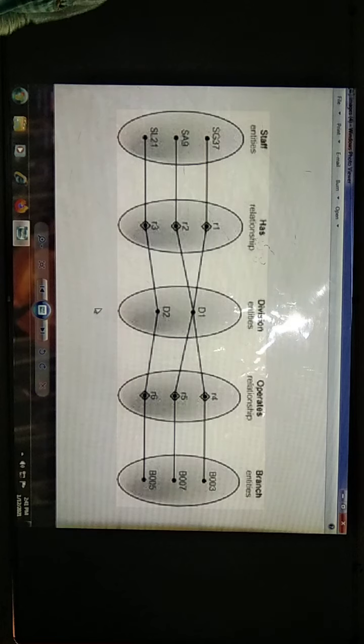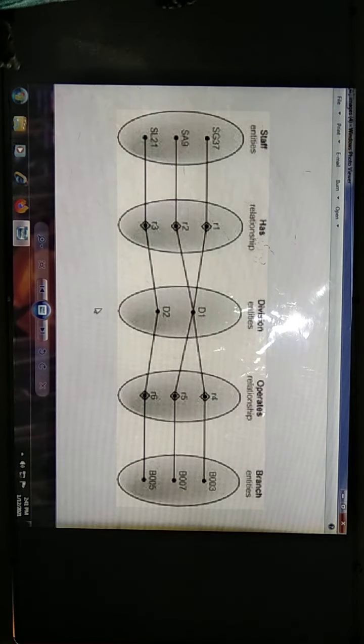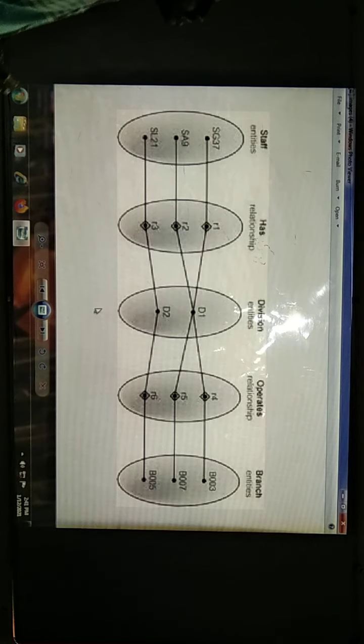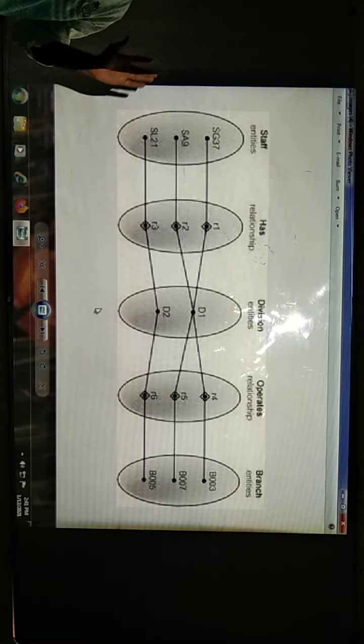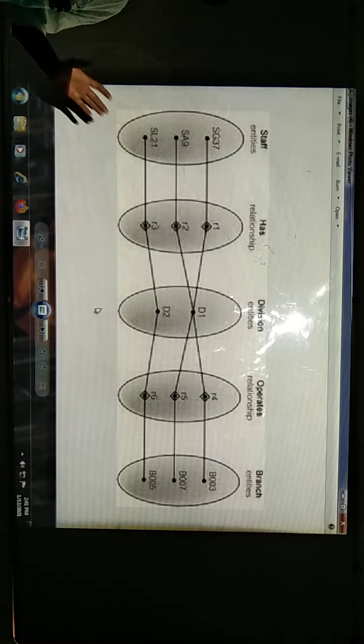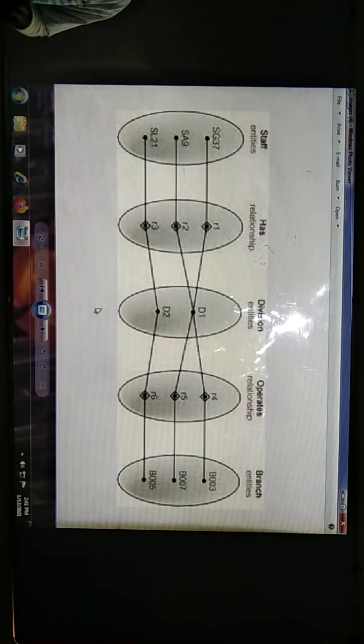In today's session we are going to discuss two problems which are related to your ER diagram. One is fan trap and second one is chasm trap. These two traps will occur when we are having any ambiguity, when we are having the relation between two or more entities, I can say.